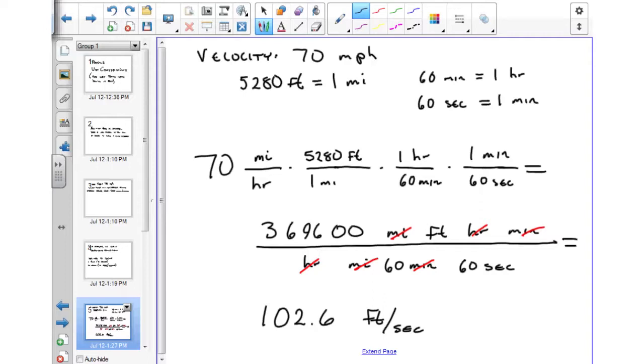We'll start with the velocity. We're given that highway speed is 70 miles per hour. There are 5,280 feet in 1 mile, and 60 minutes in an hour, and 60 seconds in 1 minute. So, to handle the unit conversion, we're going to start with our speed here. We're going to multiply that by the ratio of feet to miles, the ratio of hours to minutes, and the ratio of minutes to seconds. When we do that, we come up with